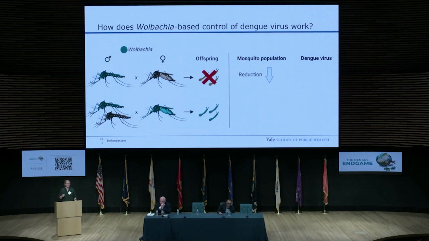The second strategy is population replacement. Key here is that you release female mosquitoes that carry Wolbachia, because those can have offspring with both Wolbachia-carrying and wild-type male mosquitoes, and through maternal transmission this helps get introgression of Wolbachia into your local population. With the presence of Wolbachia, a large body of studies have shown that virus transmission is generally inhibited. We heard some exceptions yesterday.